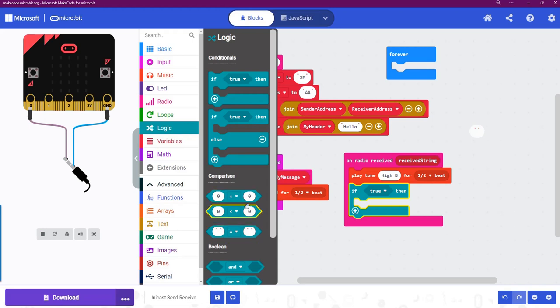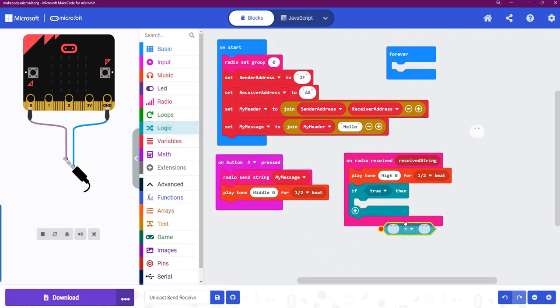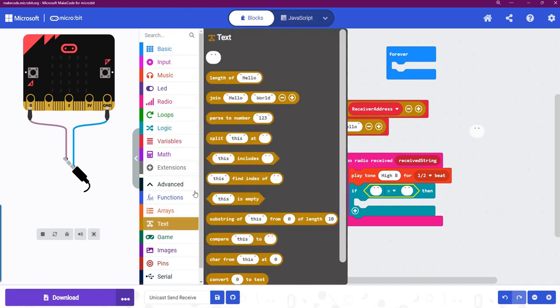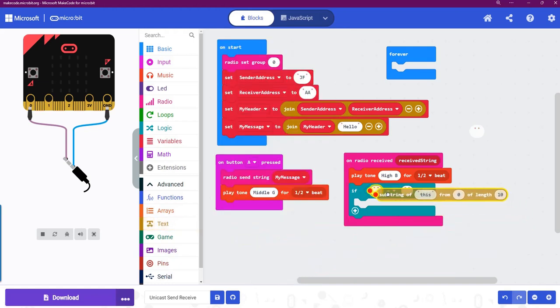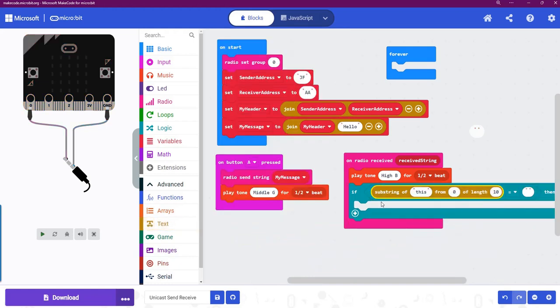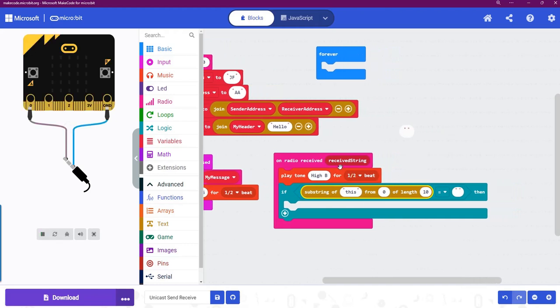So I'm going to use, I don't want the text here. I don't need the numbers. I need to compare the text. So see how it's got the little there? I'm going to grab him in there. So what I'm checking against is the substring. So back over into my text, I'm looking for a substring. So grab that into the first part. And the part that I'm checking is the receive string. So that string that I received, I'm checking from 0,